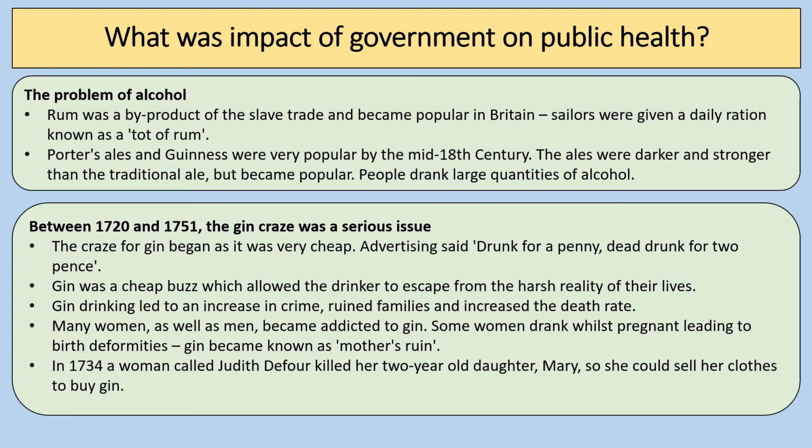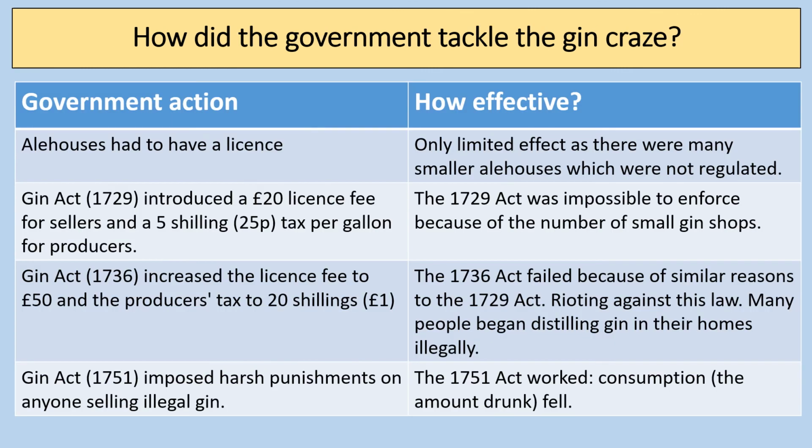A very famous case was in 1734. A woman called Judith Dufour actually killed her 2-year-old daughter Mary so she could sell her clothes to buy gin. Absolutely horrendous case, and shows some of those kind of key harsh realities of people's life, of the impact of the gin craze. So the government took action on this and said that alehouses had to have a licence,